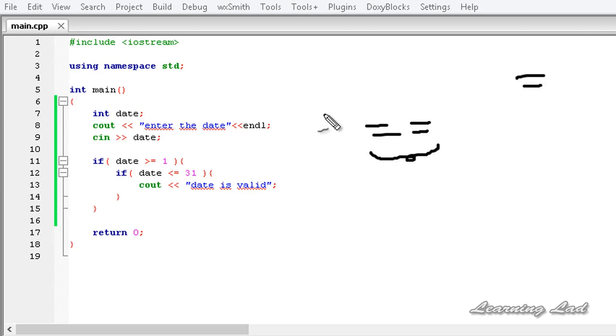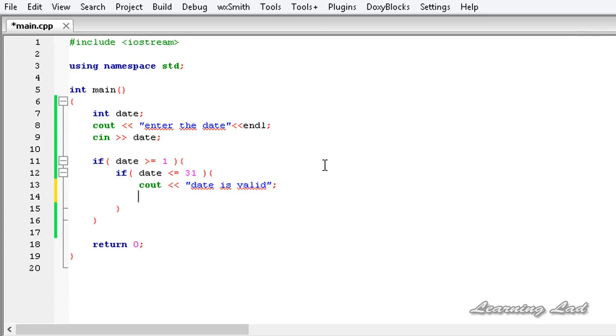Alright, now we're going to use that, and in our program let's say if the date is valid, then let's say my birthday is on 6th, that's why I'm going to compare the date. I'm going to use another if the date is equal to 6, remember that we are using this equal to symbol twice. If it is so, then we're gonna print out